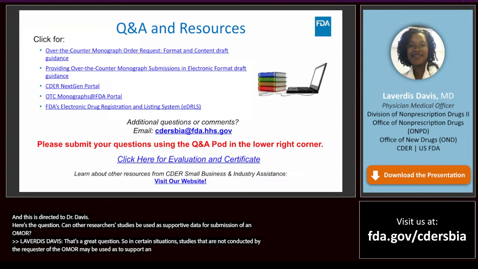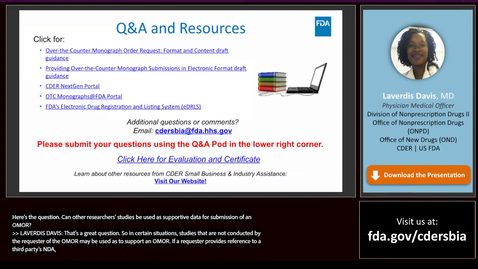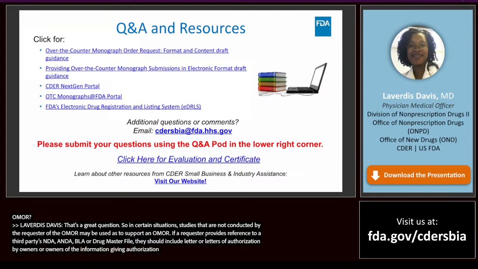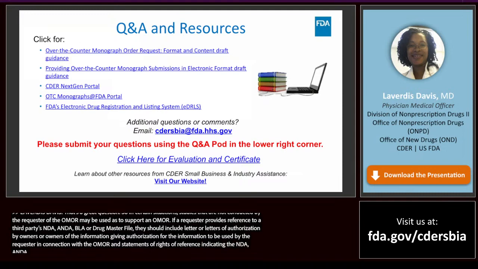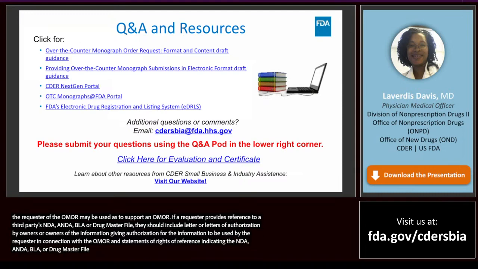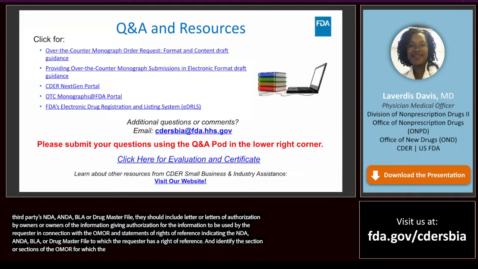If a requester provides reference to a third party's NDA, ANDA, BLA, or drug master file, the requester should include letter or letters of authorization by the owner or owners of the information, giving authorization for the information to be used by the requester in connection with the OMOR, and statements of rights of reference indicating the NDA, ANDA, BLA, or drug master file to which the requester has a right of reference, and identify the section or sections of the OMOR for which the letters of authorization is relevant.